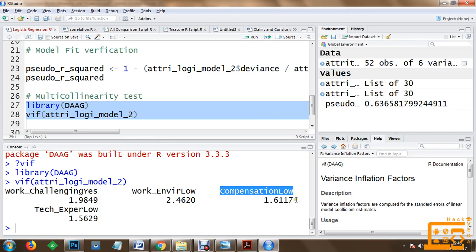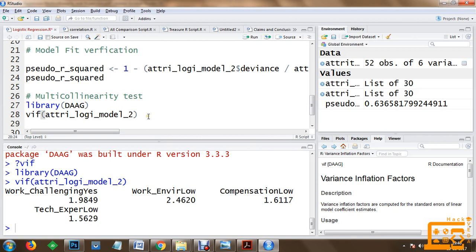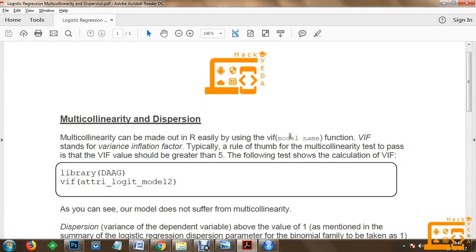Here you can see that compensation is also 1.6, which is far lower than 5, and technical experience is also 1.5629. Hence we are sure that our data set and our model is not suffering from multicollinearity. Further, we need to check for the dispersion as well.